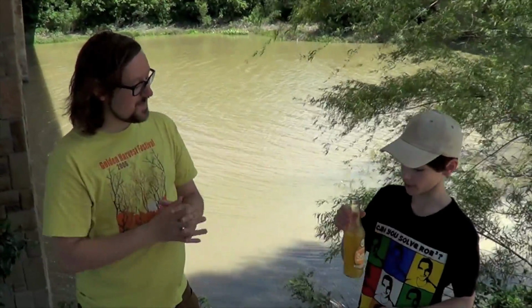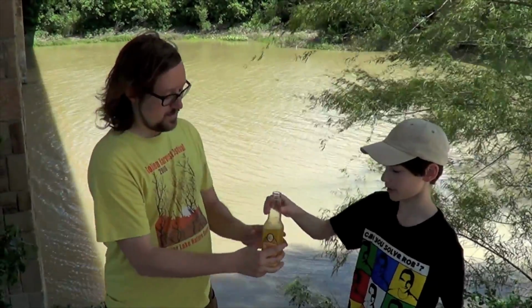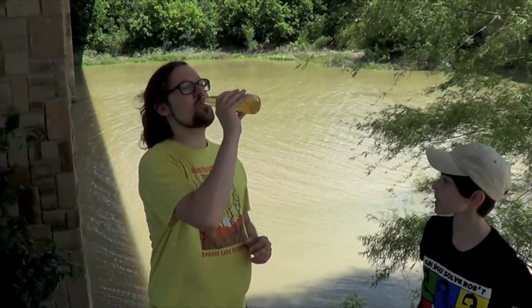What do you think? Very carbonated. Also, yeah, you get that citrus flavor. I can't quite identify what it is. Unique to you, okay. Let me go ahead and...